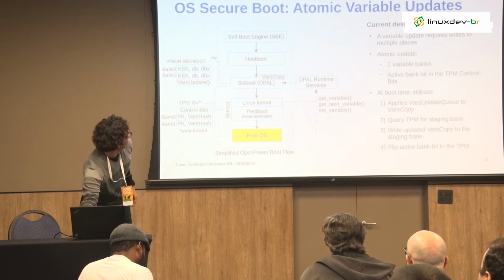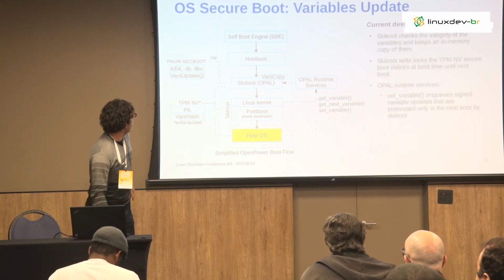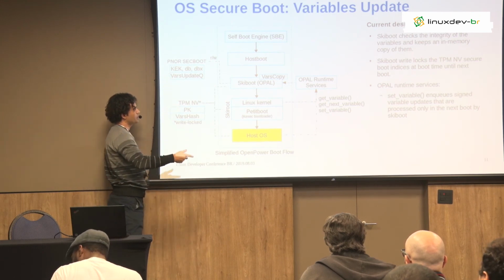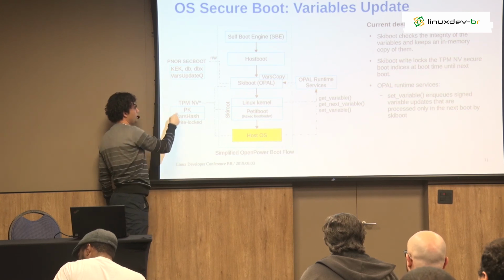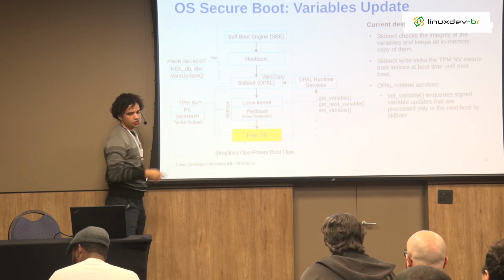So just one more thing here. As you see, we have multiple places that we need to update. When we have a key update, we need to update the key here and the hash here. In order to have atomic update, we work with two banks